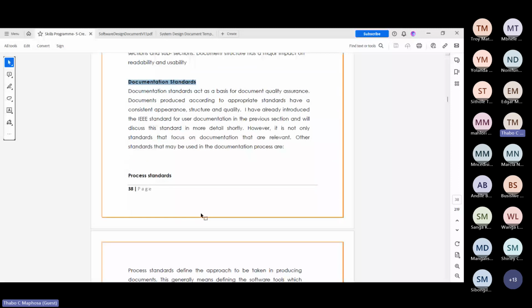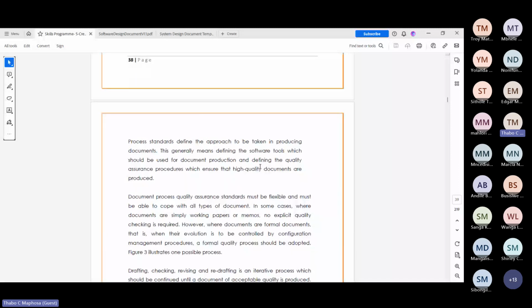Now, these define the approach to be taken when you're producing the documentation. Generally meaning defining the software tools which should be used for document production, and defining